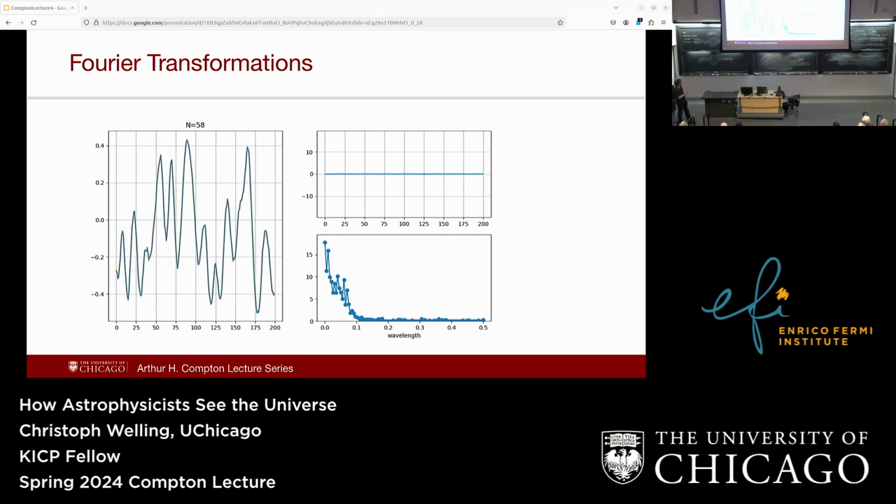This shows you, for each wavelength of the sine wave, how big the amplitude of the wave is that I add. And there's also a second number, called the phase. It basically just tells you if this sine wave has to be shifted a little to the left or to the right.